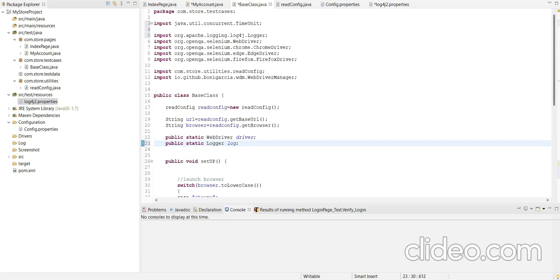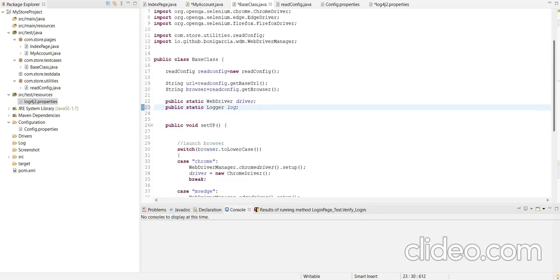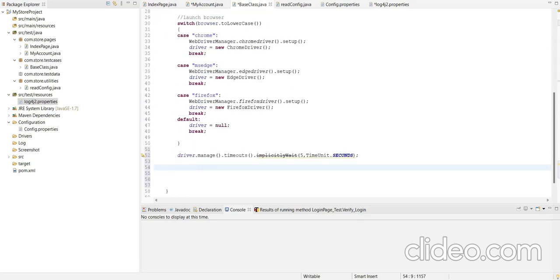So for the logging purpose, first we will create the logger object, that is public static Logger log. Now we will log the information like that.